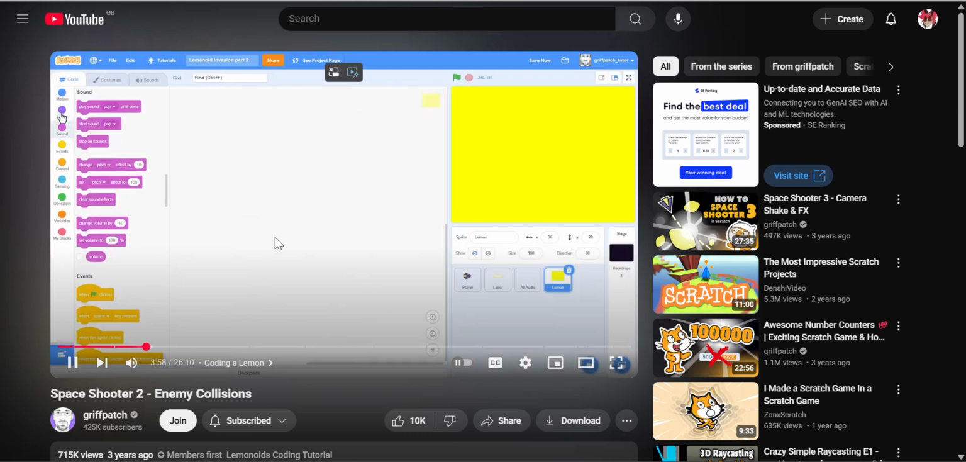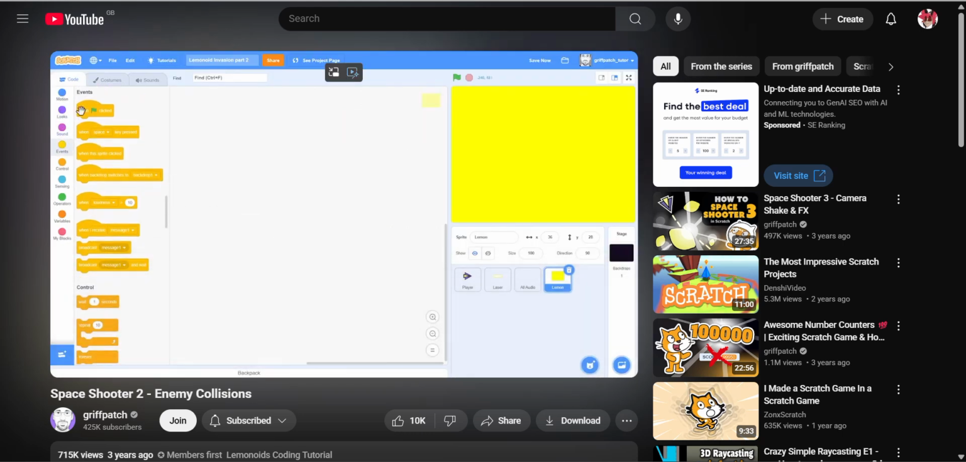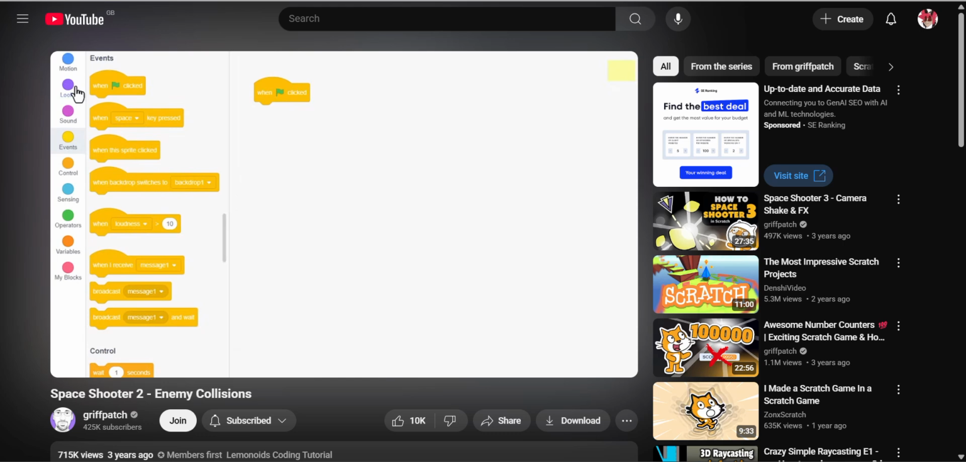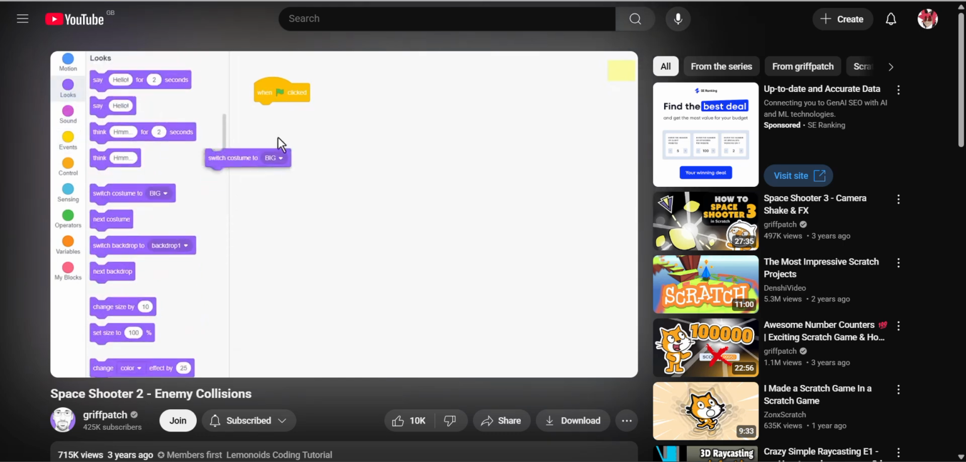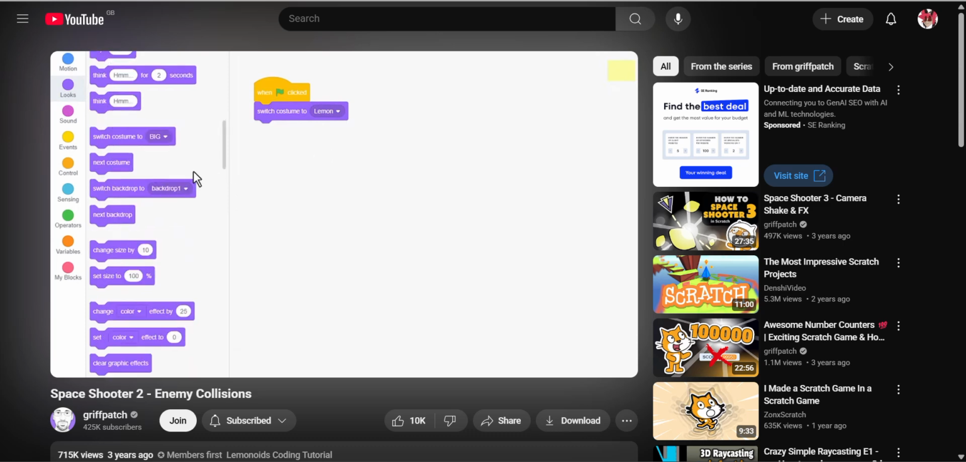Far off the screen. Right, to code then. Let's set the sprite up how we want it. When green flag clicked, switch to the lemon costume and then right away send the lemon sprite to the